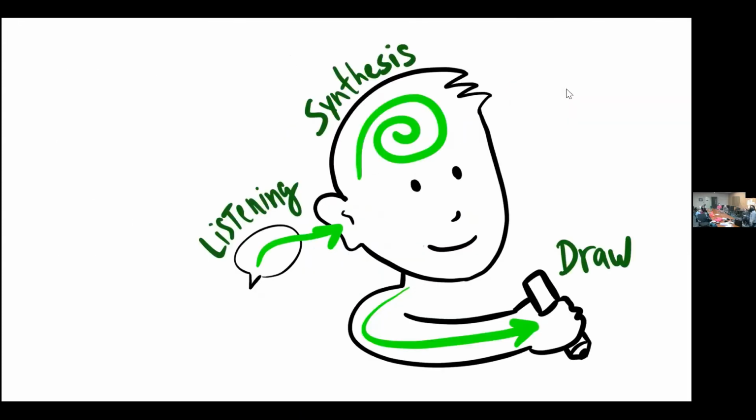So the synthesis of the process of graphic facilitation is in this image here. You see that you have to have active listening. The listening is very important. Sometimes when we do graphic facilitation, we do it in a team where one person is only hearing and the other is drawing. And the most important is the synthesis. What do you hear? How do you focus? What are the main topics? And this is really